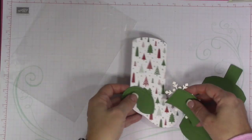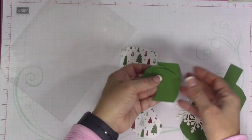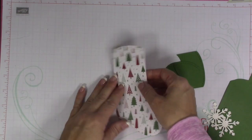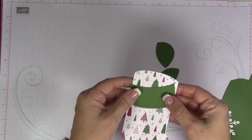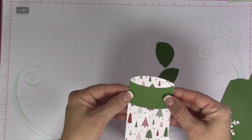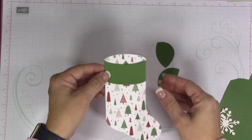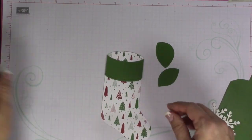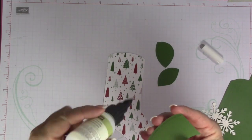And the first thing that you want to do is, if you were doing the stamping, you would go ahead and stamp these pieces first. But like I said, I'm going to try it without it and see if I like it a little bit better. So what I'm going to do first is I'm going to glue these pieces onto the stocking and then let it set up. You want to do this first before you start putting the stocking together with the back of the pillow box. And so I'm just going to use the fine tip glue pen